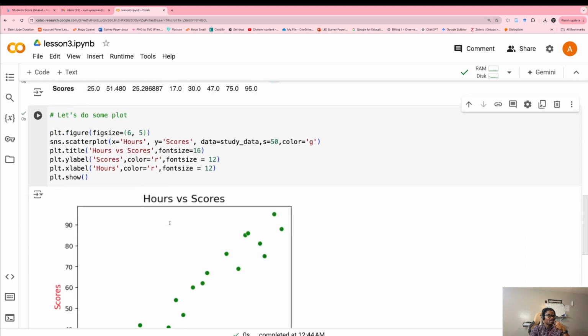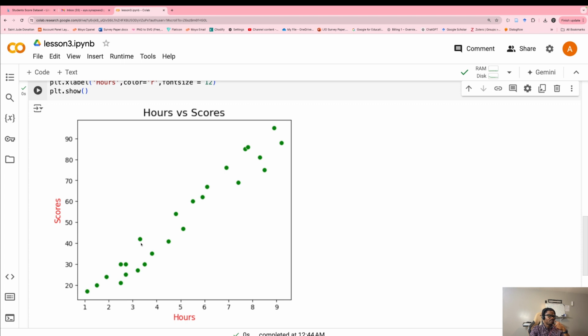So you can see here, this is what you should have. It is like the one I showed you before, the age and the height. As age was increasing, height was increasing. Also the same thing here: as the number of hours that you study increases, your score will increase. So if you study for 9 hours, you have a probability of getting 100%. Again, this is just sample data.